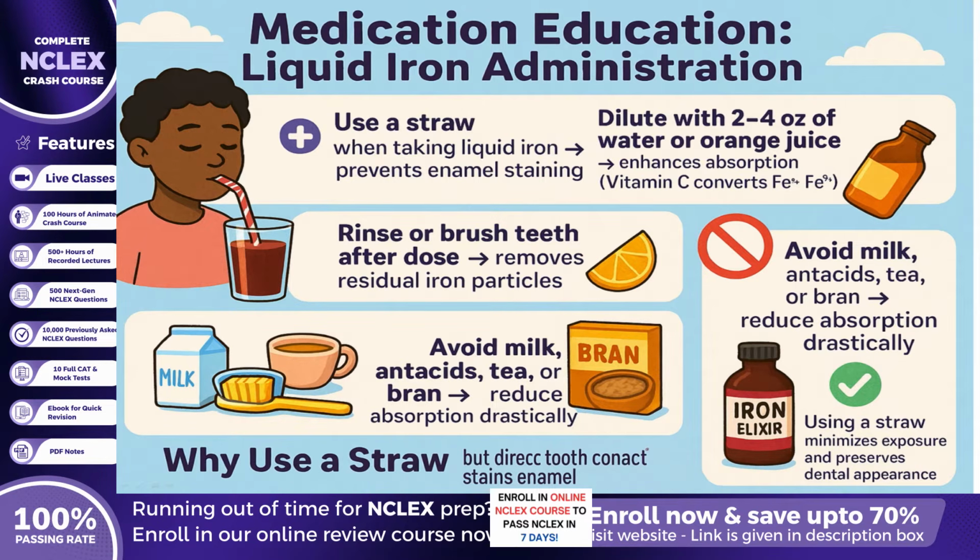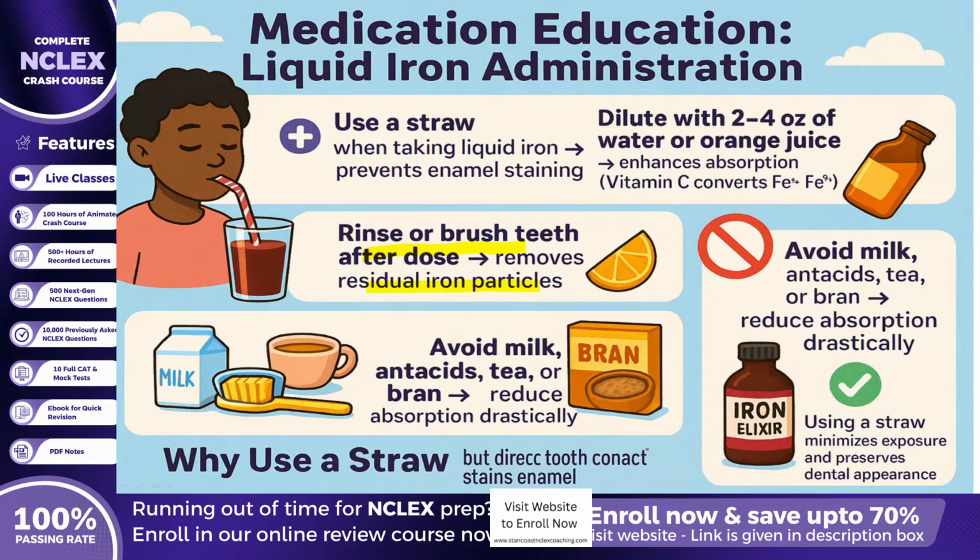Additionally, the nurse should teach the client to dilute the solution with at least 2 to 4 ounces of water or a vitamin C-rich juice, such as orange juice. This not only improves taste, but also enhances absorption, since vitamin C converts ferric iron into its ferrous form, the most absorbable state within the duodenum and proximal jejunum. Following ingestion, the client should rinse the mouth or brush the teeth to remove residual iron particles that might contribute